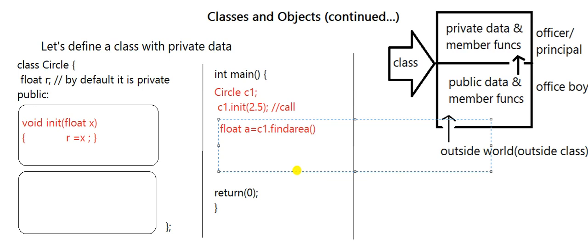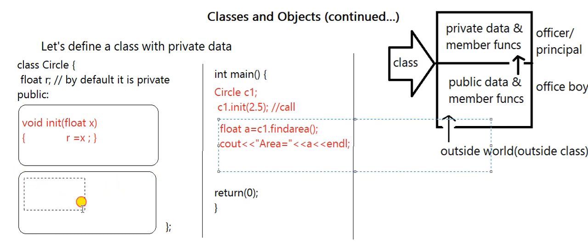You don't need to pass anything because radius is there in the class, so the same radius will be used. And then you can say cout area is equal to, sorry, we are calling the function here. So find area is called and stored in a itself, and you can display it like this. The variable a is representing your area. So that's all we need to do in the main function.